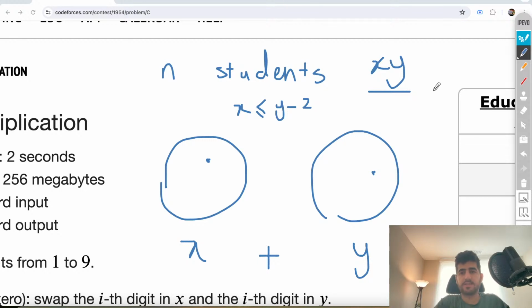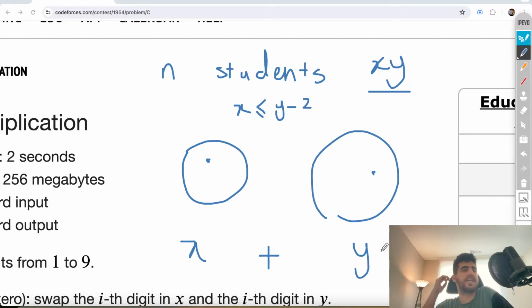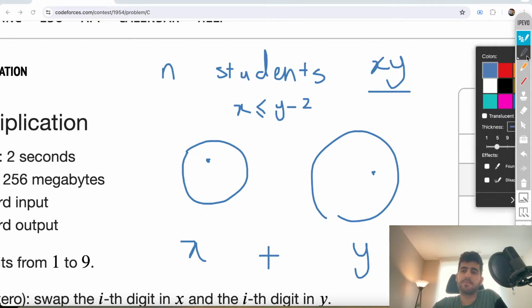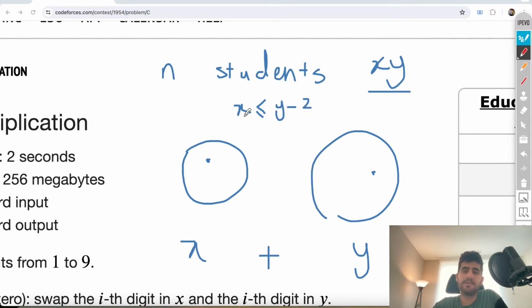Well, assume that x is small. Let me draw it like this. Assume that x is small compared to y: x is less than or equal to y minus 2. The point is, if you want to maximize the number of pairs that hate each other, and x is less than or equal to y minus 2,